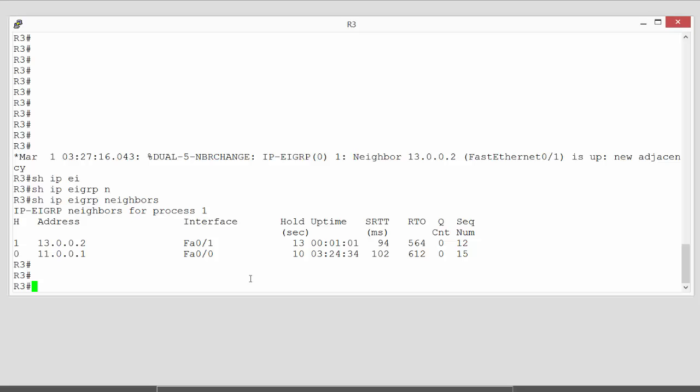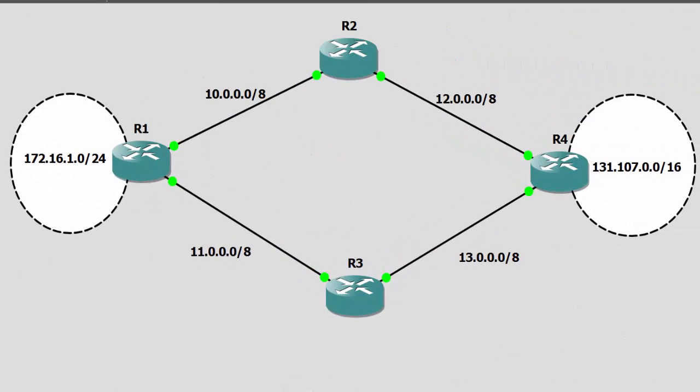But there's one other thing we need to look at in this video, and it starts off by just having a quick look back at our network diagram. This is our network diagram that we've been using in the last two videos, and what I'm particularly interested in at the minute is this network that's hanging off router 4, this 131.107.0.0 network. If EIGRP is configured to advertise on all interfaces, it will advertise all networks associated with those interfaces. So if I was to look at router 1's routing table, I would expect to see an EIGRP